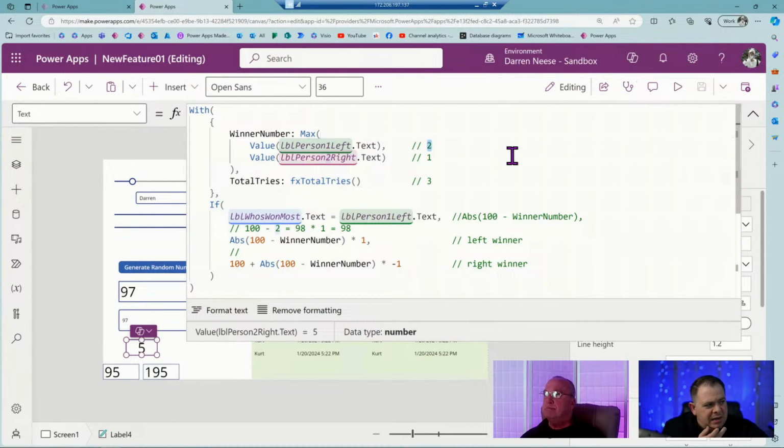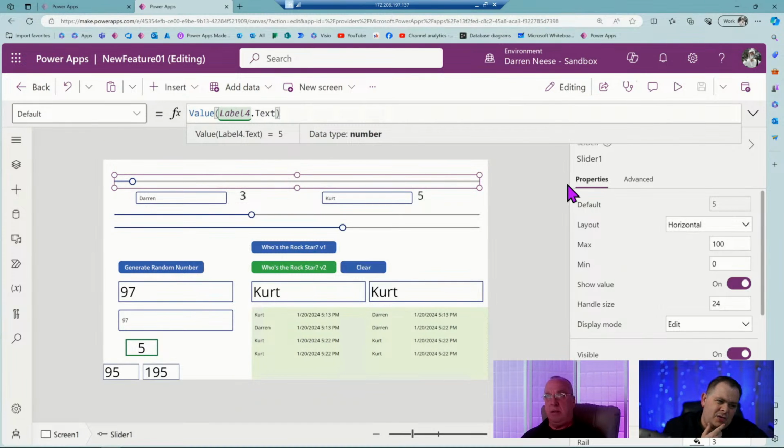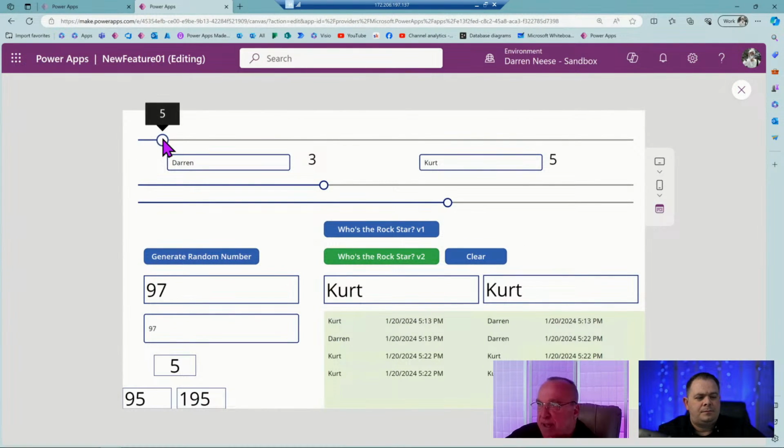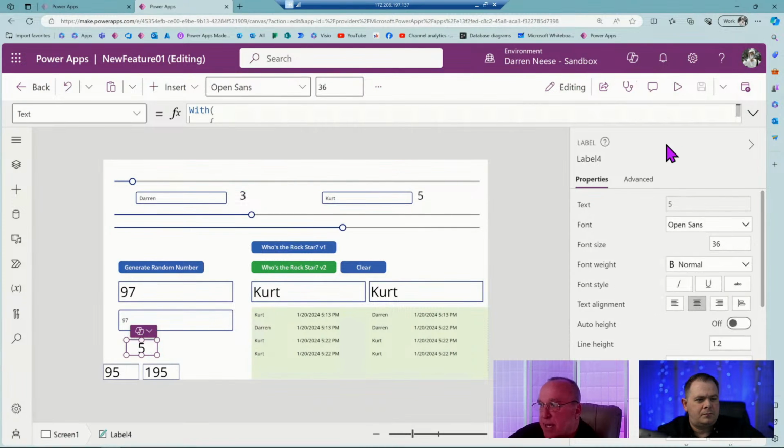That's always going to give you the left side. So here, it would be a 2 out of 100. If you look at your top slider, it's sitting at about 2 right now. It's sitting at 5. But if instead of a 2 we put a 5 there, that 5 would be offset, and you can clearly see that Darren's the winner now, because in the tug of war Darren's got 5 wins versus Kurt. So on the slider scale it would be going to your side. That seems like it works.